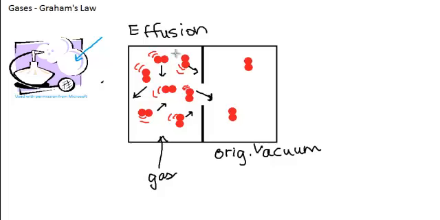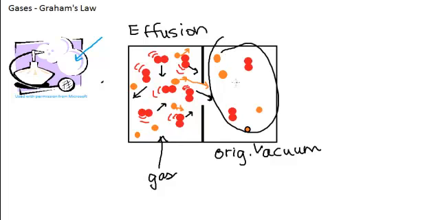For example, let's say I have two different gases in this container now. Alright, so I've got the red gas and I've got the orange gas, and let's say the orange gas is lighter than the red gas. Just as the red gas is moving around, the orange gas is also moving around, bopping around, and again, eventually some of the particles will bop through the pinhole, and I will end up with orange gases over here. Alright. If the orange gas particles are lighter than the red gas particles, then more of the orange gas particles will move to the right, where there was originally a vacuum, than red gas particles. I could then collect this side, I could collect this gas, which is enriched in orange particles